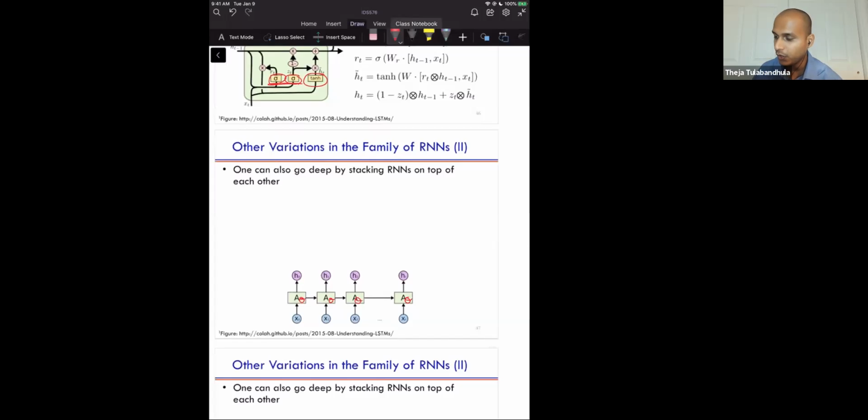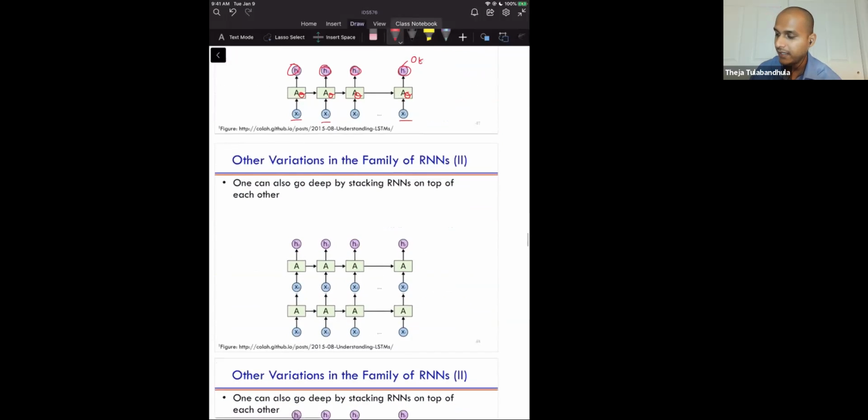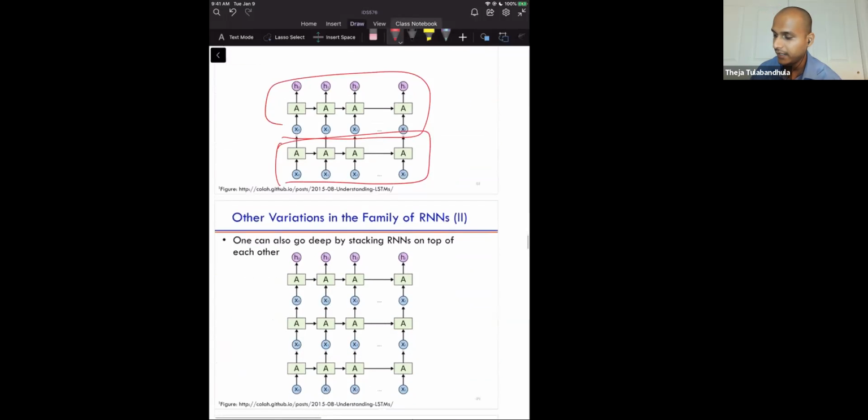Okay. So once you have this input sequence, let's say x0 to xt, you don't have to directly convert this to HT, maybe another linear transformation to output. You don't have to consider these as output, right? You can also actually stack them, stack 2 RNNs on top of each other. Okay, so 2 RNN unrolled diagrams for, let's say, a given example, this x0 to xt, on top of each other, and